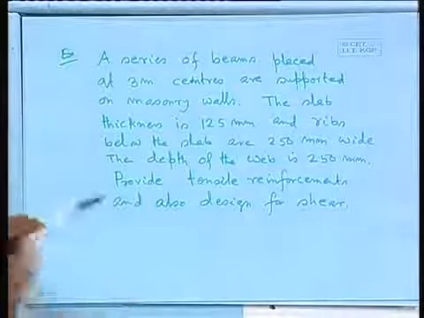The thickness of this is the part of the slab, this is the part of the slab that we are taking, and that one here 125 millimeter depth. We have to find out the overall width of the flange also, and we shall find it out from IS 456. So if we say a series of beams, if we go to the previous one, series of beams